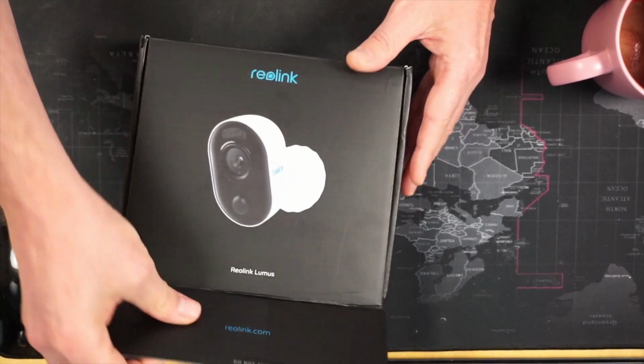Today we're going to be looking at the Reolink Lumus, which is an outdoor security camera from Reolink. So let's open up the box. So if we open up the box,